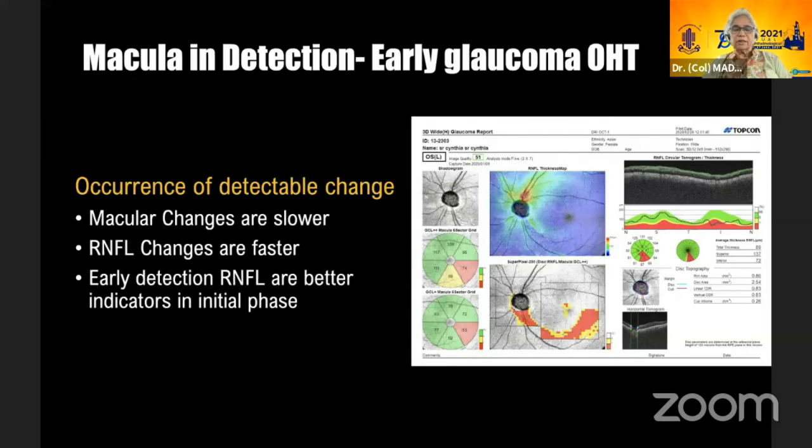So, macula in detection of early glaucoma. Sachin showed a beautiful picture in which he had shown the RGC. Now these RGCs are typically hexagonal and stout, whereas the RNFL is like a rope. So RNFL, like a rope, is easy to see when it becomes thinner rather than that thick structure. Therefore, RNFL changes for early detection come before macular changes are visible or can be detected. This is a point that we really need to understand. But yes, they must correlate.